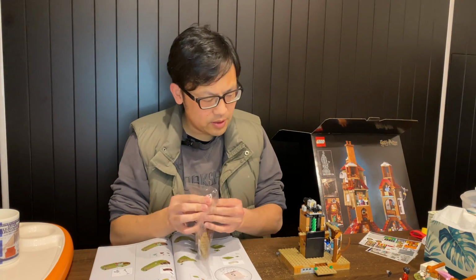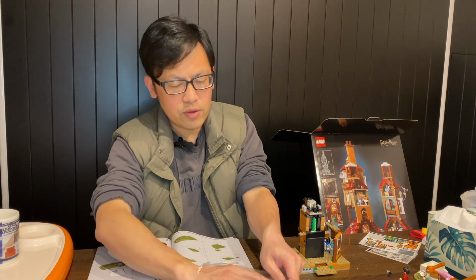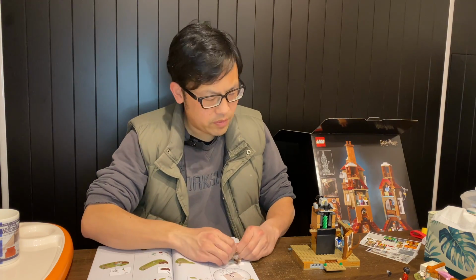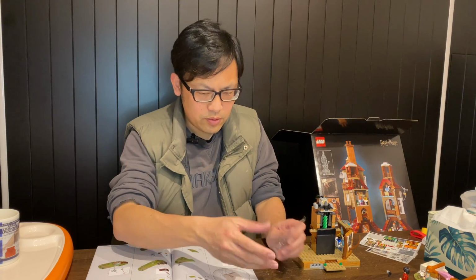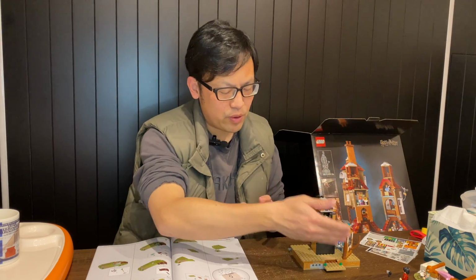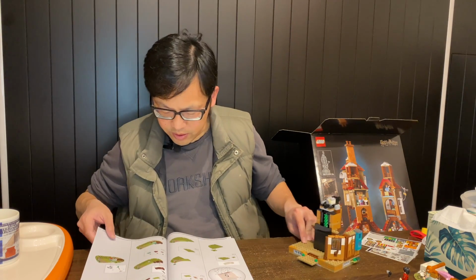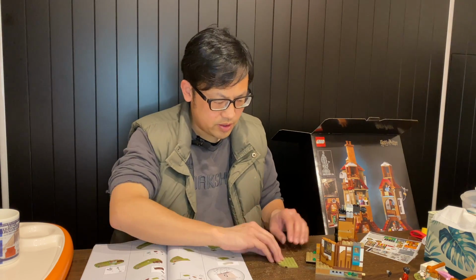Bag 5 is something outside. You can see the greens and the flowers. So it looks like it should be quite a simple build. I think it's the front door. So this is when the overall house starts taking shape, when we start building different parts of the wall. I just need to figure out exactly where it is. So it's going to be this way. So okay,